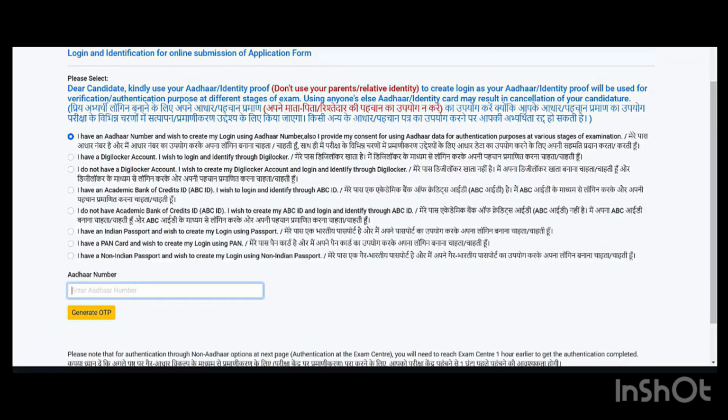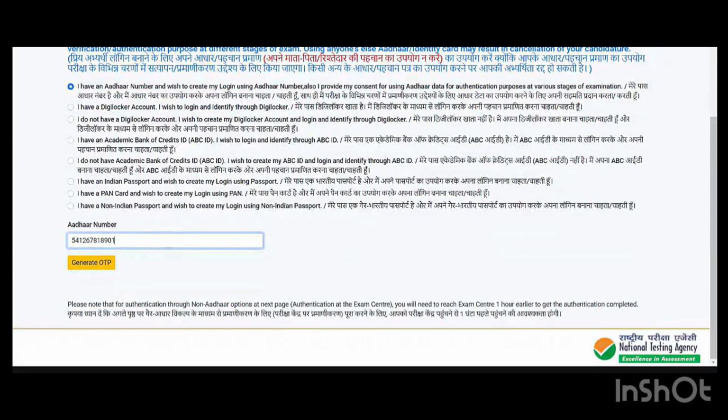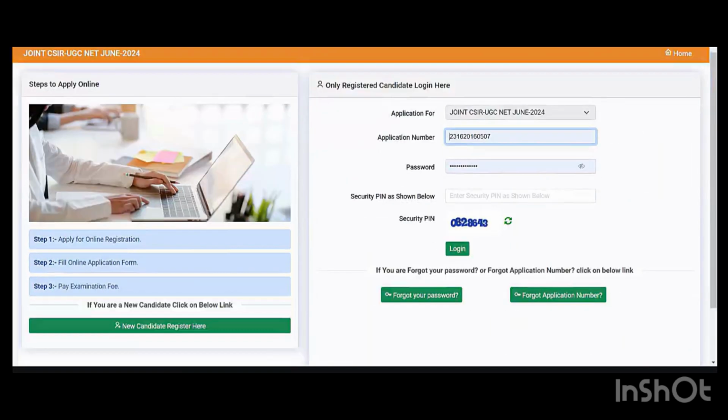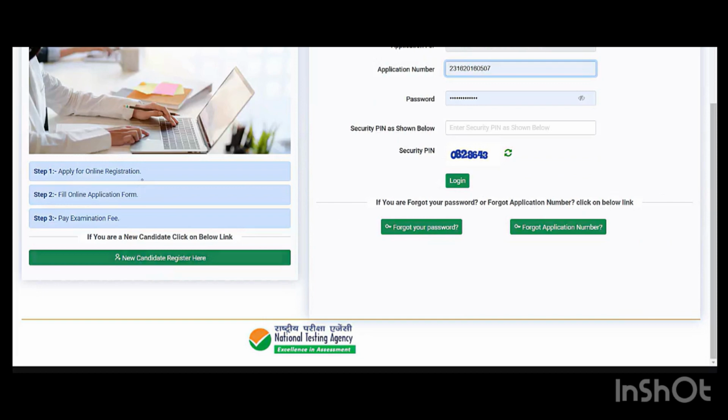Like let's say I write one down. Now, this is just a vague number which I have written down. Make sure that you write down your correct Aadhaar number. Then you have to click on generate OTP. As and when you click on generate OTP, it will direct you to the next page where you have to put in that particular OTP, and then you have to start with your main registration. Okay, see over here, new candidate registration. Then it will ask you whether you want to do it with the help of Aadhaar card or which of them. Do it via that.